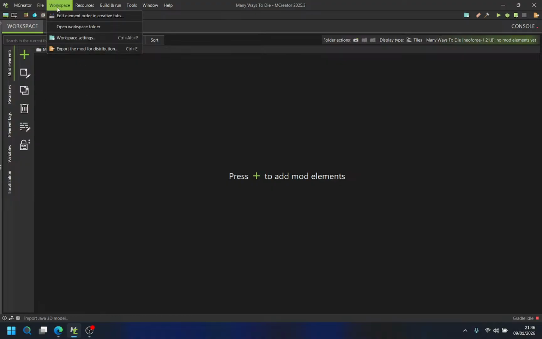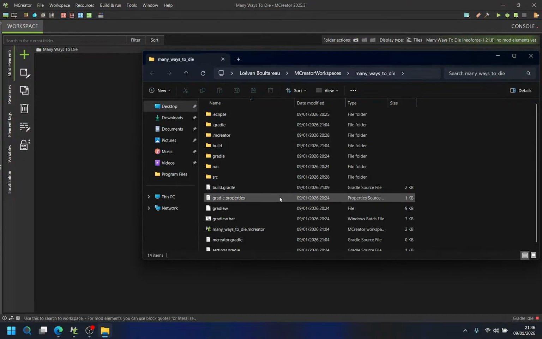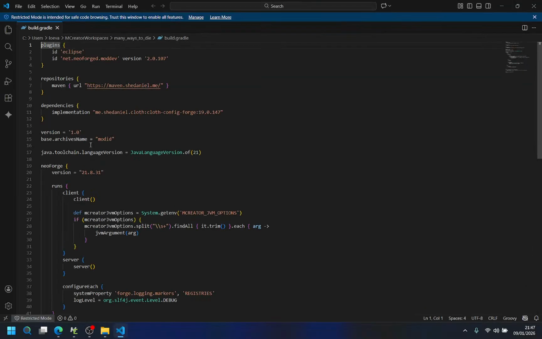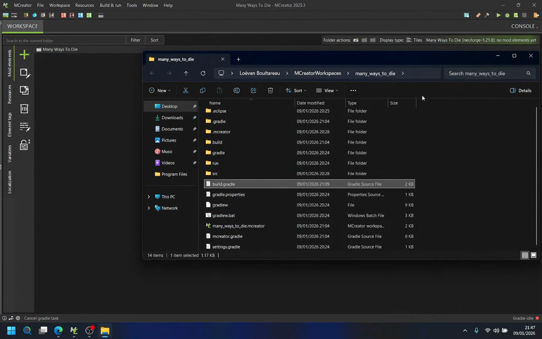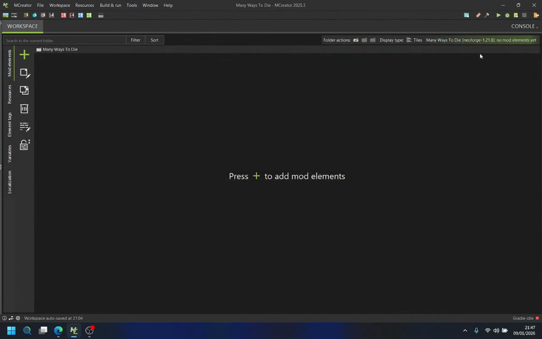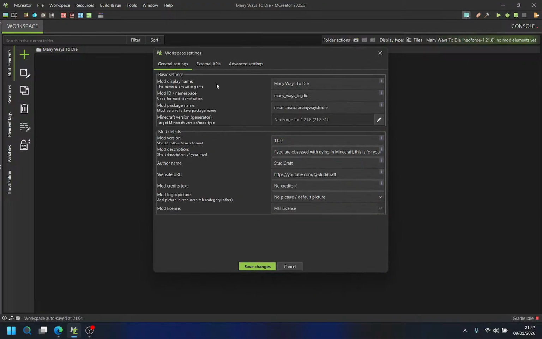What I did already is modify this build.gradle file to just include the dependencies and repositories I need, and also the config, the workspace settings, the display name, my place to die, mod ID, package name.